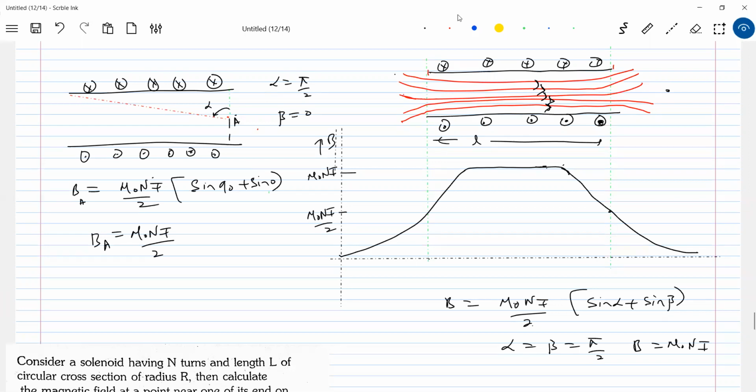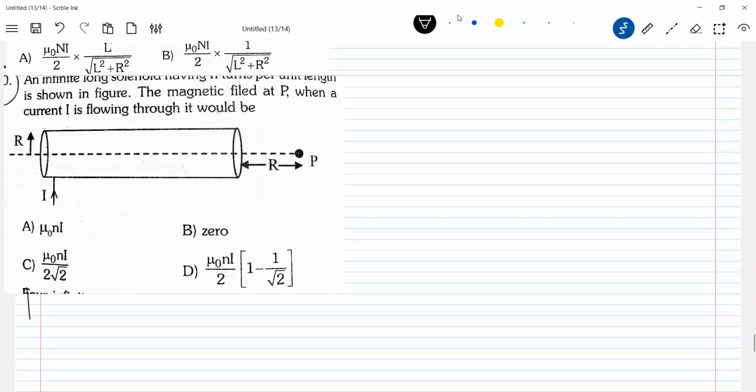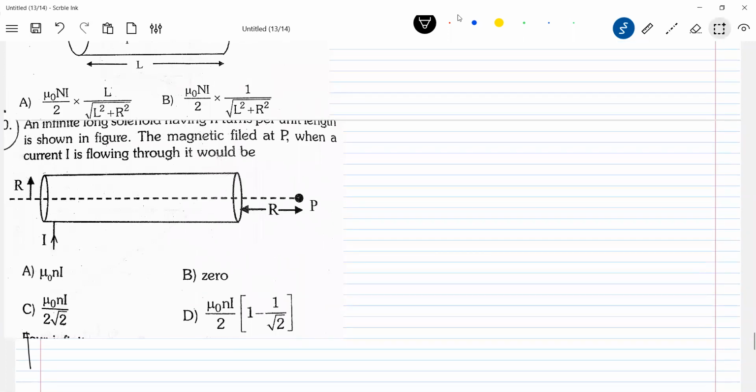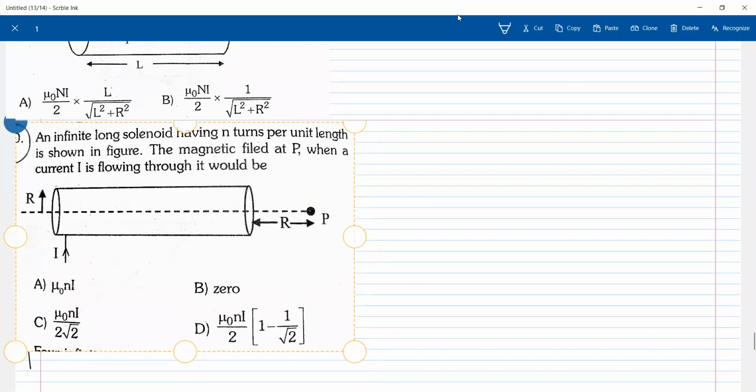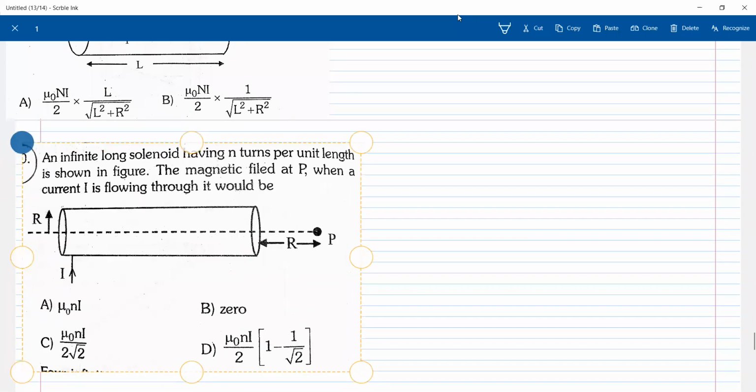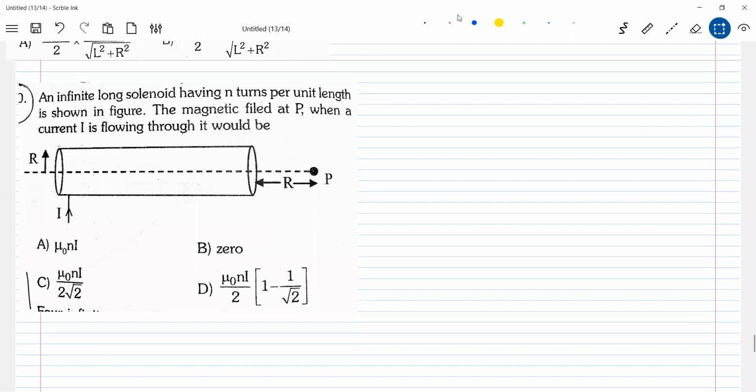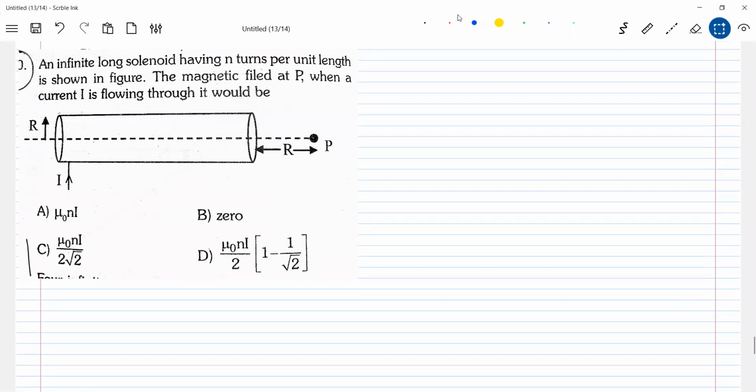Okay, now can we find out the field outside? Because at the ends we know. There's a point A, we calculated. Then what about somewhere totally outside the solenoid? We'll finish off this. It'll be useful for you. Now, where is the point? The point is lying outside the solenoid. You can check it. It should be less than mu naught ni by 2 according to the graph. In fact, it will come.